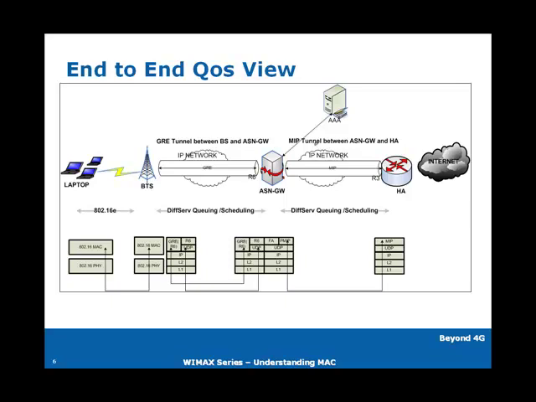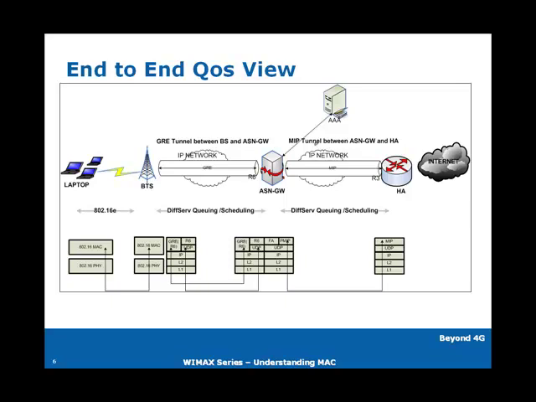So most of the time we have open-ended questions like how do we ensure data security and QoS between mobile stations and the internet, guaranteeing QoS between home locations and a branch location over enterprise traffic or retail traffic. So on the left hand side, you can see the laptop or the mobile station connected to a base station over 802.16e air QoS, which are either UGS, ERTPS, RTPS, NRTPS or best effort, and from the